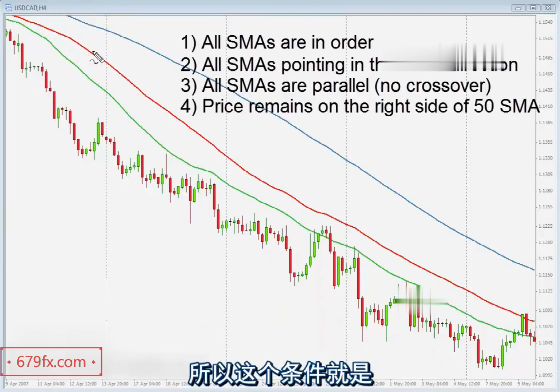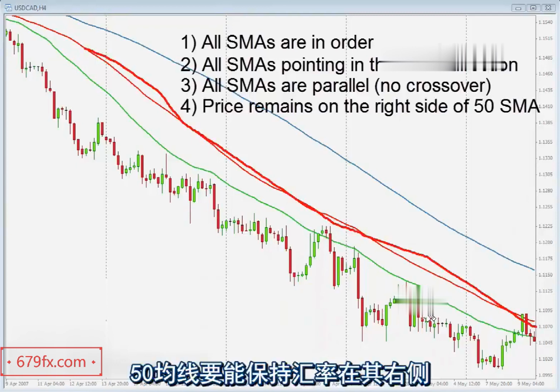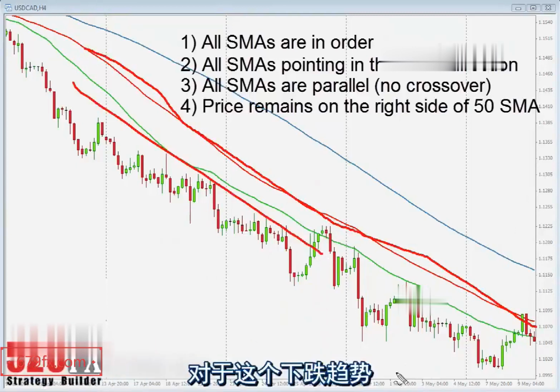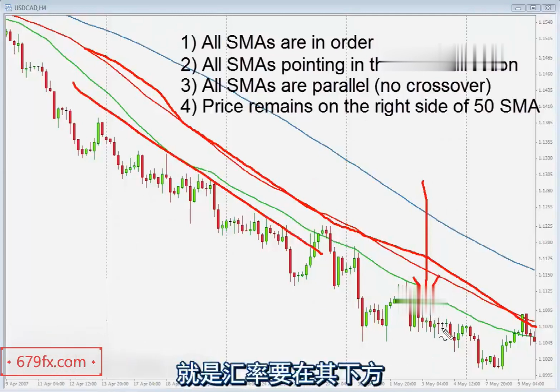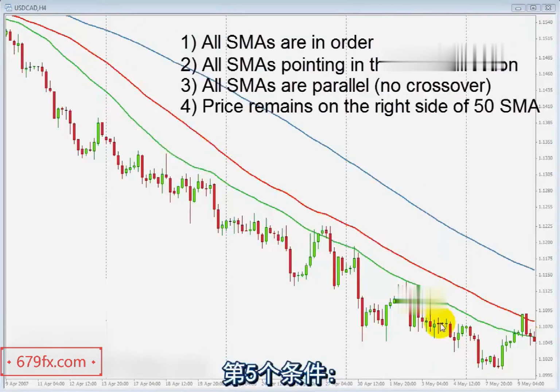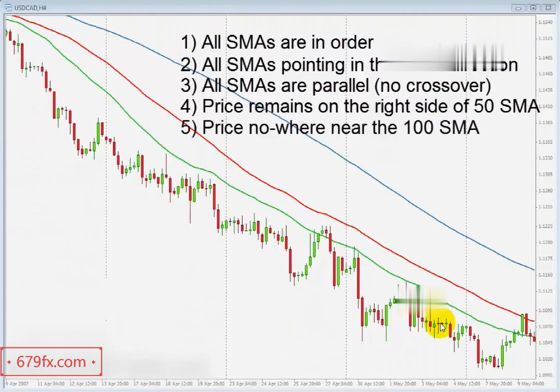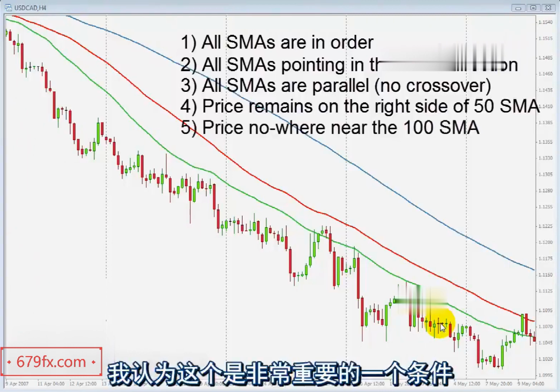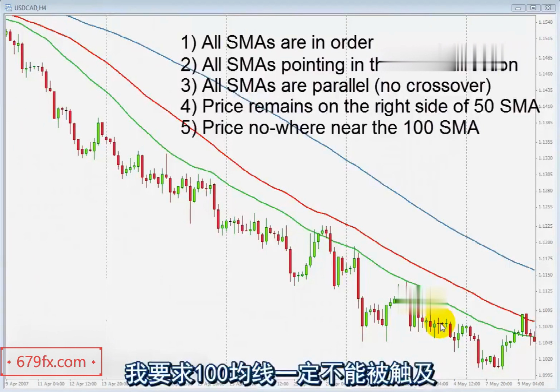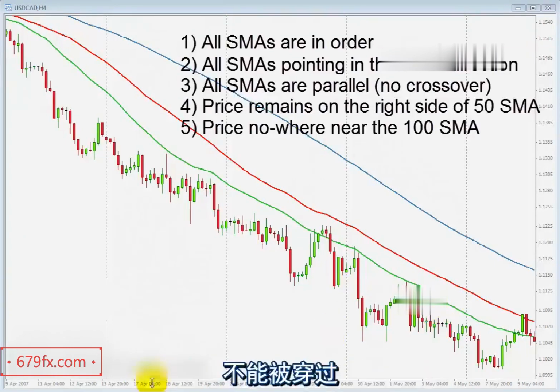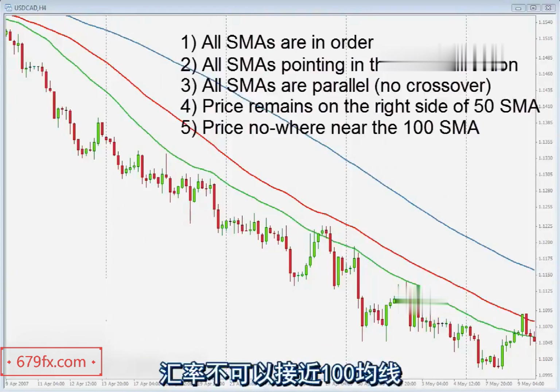Basically what we want is the 50 simple moving average holding price on the right end of the trend, meaning below, in this case, since we are in a downtrend, below the 50. Now, the fifth condition is that the 100 simple moving average has never been breached. Okay, in my opinion, this is an important condition. I want the 100 moving average to never been touched, never been violated, and price being nowhere near it,